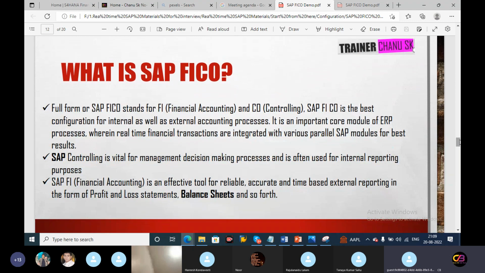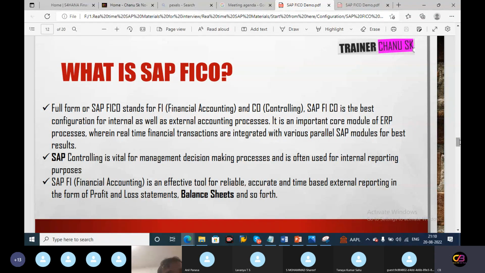Today's concept is what is SAP FICO. This is our module, the SAP FI module and CO module. So what is SAP FICO? SAP FI stands for financial accounting and CO stands for controlling, right? SAP FI mainly deals with